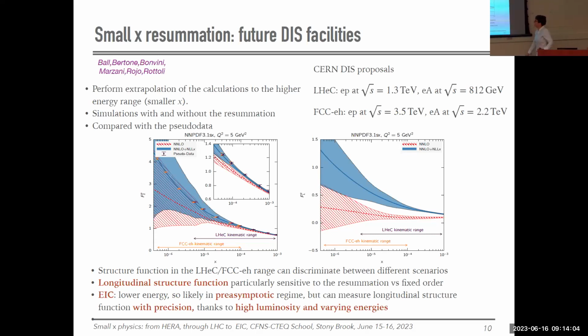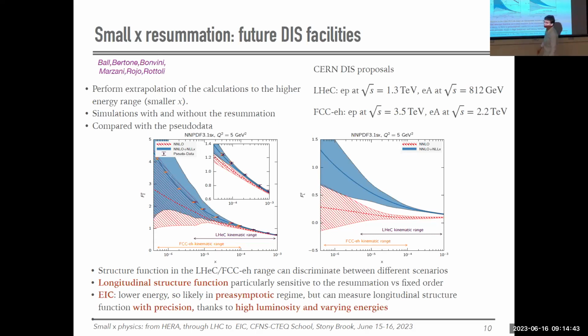could be accessible at other machines, and there are proposals to build such machines at CERN and essentially supplement the LHC protons with electrons, the deep inelastic scattering at the TeV range. That would allow you to push to really small x. So there are some dots, points here. These are the simulated pseudo data, and then you see the prediction in blue, which is this next leading log, this resummed calculation,